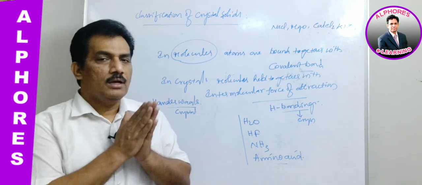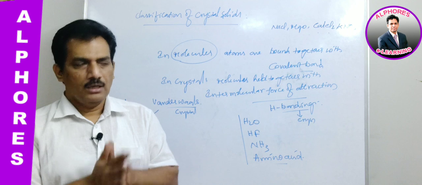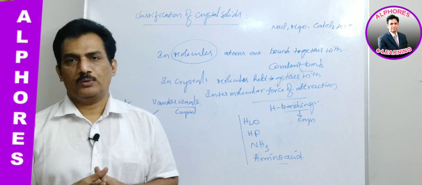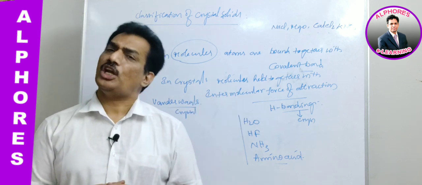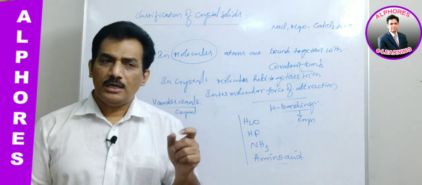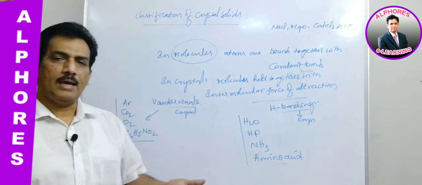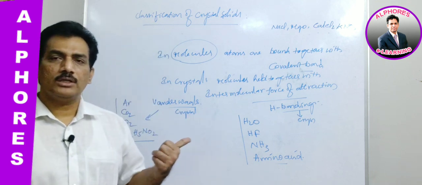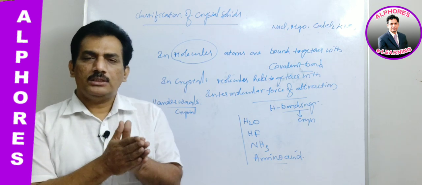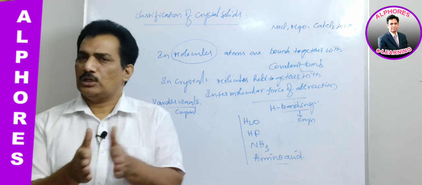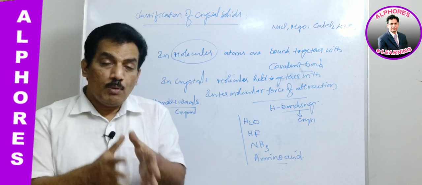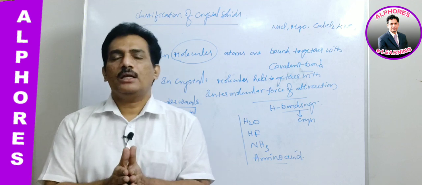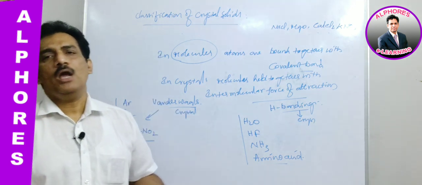The only difference between covalent crystal and molecular crystal is that in covalent crystal the components do not exist as independent molecules. They are simply giant molecules. Independent molecular existence is not there. The best examples are diamond, graphite, SiO2. Whereas in molecular crystals, the bond among the atoms in a molecule is covalent, but the molecules in the crystal have some sort of intermolecular attraction. Those attractions may be van der Waals attraction or hydrogen bonding.